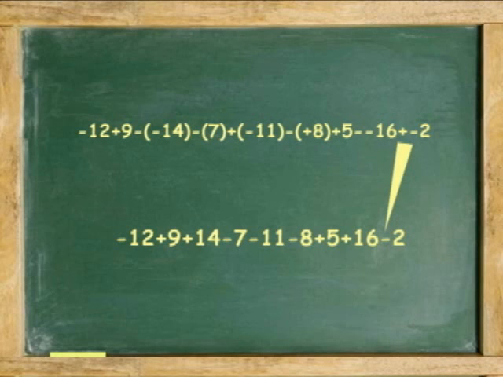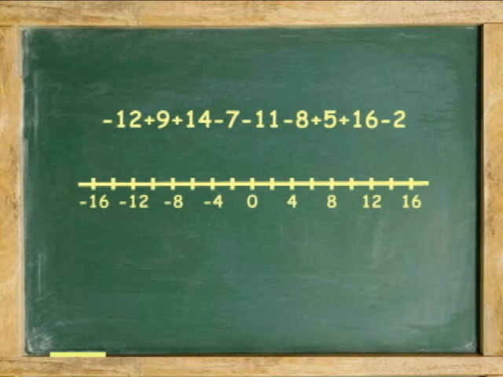Find the answer by moving right and left on the number line. Starting at 0, to the left 12, to the right 9, to the right 14, to the left 7, to the left 11, to the left 8, to the right 5, to the right 16, to the left 2, stopping at